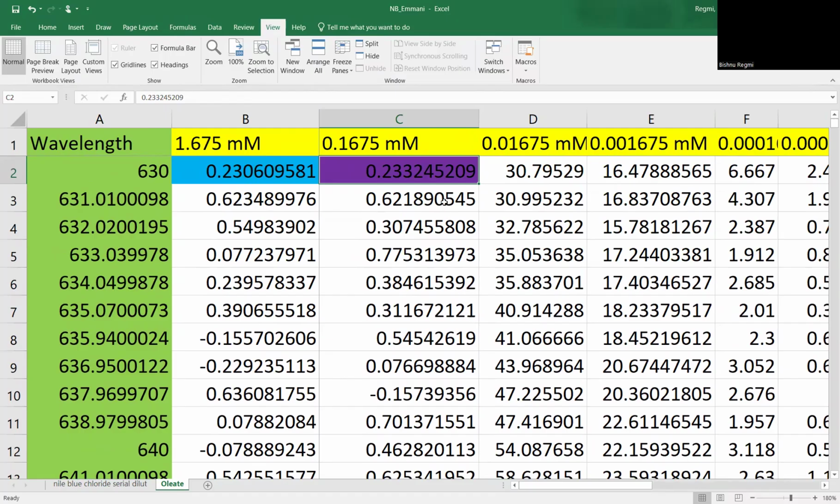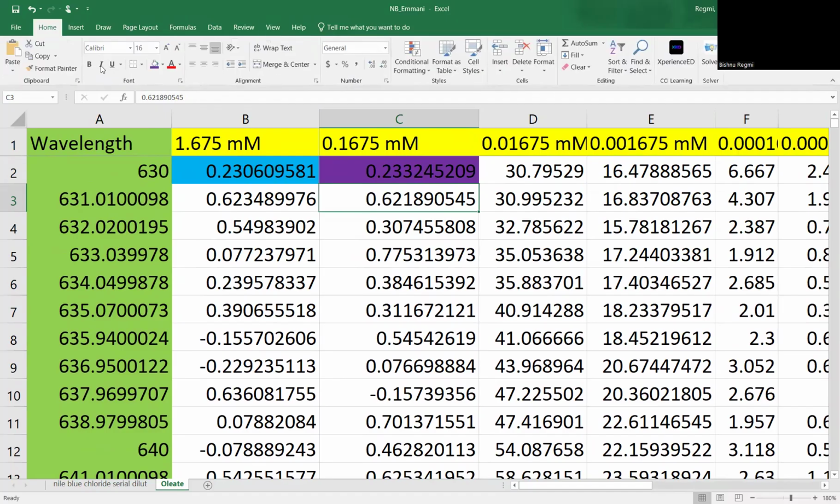Now you practice this. What if you go to C3? Let me highlight this here. If you go to C3, then what you'll see is you will be locking these two rows and these two columns,